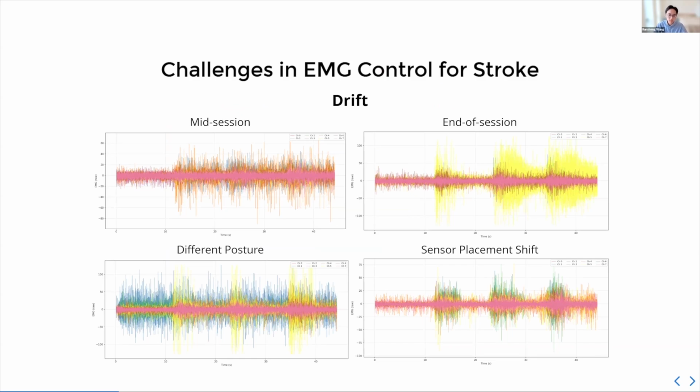People have different body mass, muscle mass, body fat, hair, and it also changes when you go to a different position, when you place the sensor slightly differently, when you're fatigued. All of that comes into account. And in stroke, the difference is even wider due to the nature of their injury and how they recover.